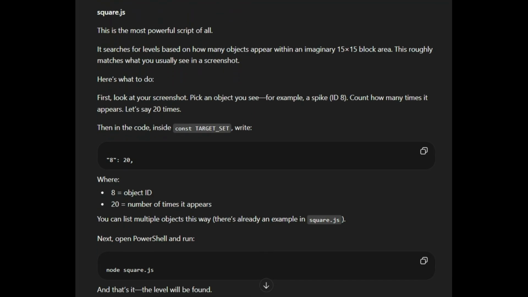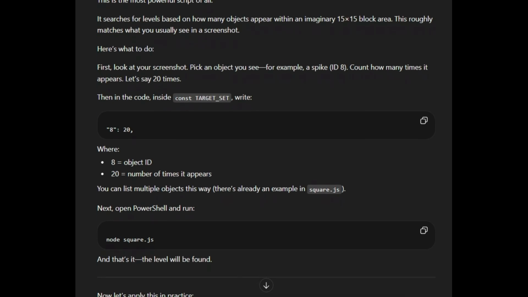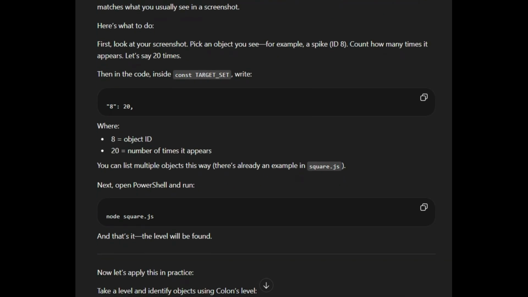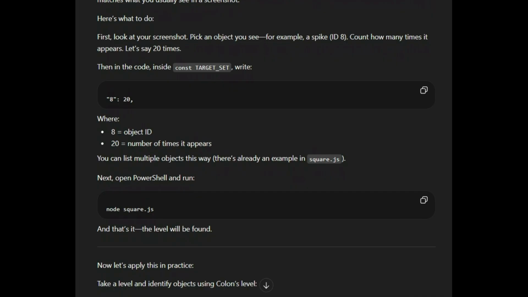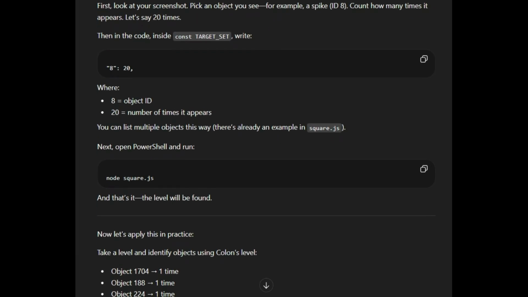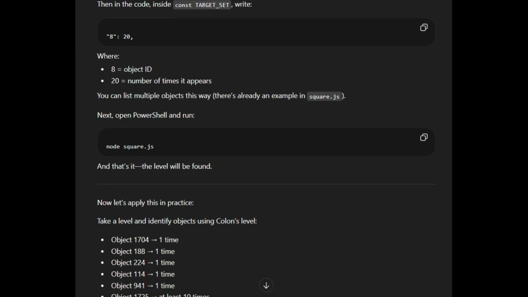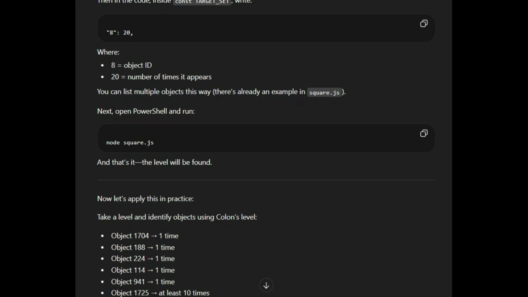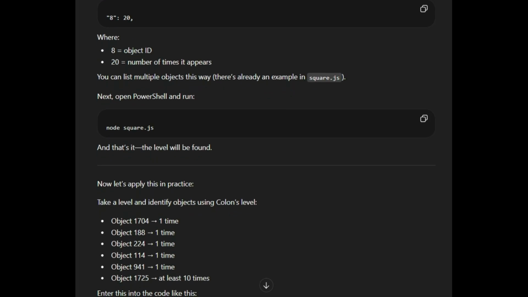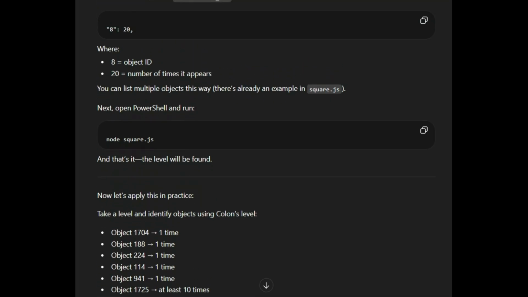Square.js. This is the most powerful script of all. It searches for levels based on how many objects appear within an imaginary 15x15 block area. This roughly matches what you usually see in a screenshot. Here's what to do. First, look at your screenshot. Pick an object you see, for example, a spike, ID 8. Count how many times it appears. Let's say 20 times. Then in the code, inside const target set, write the entry, where 8 equals object ID, 20 equals number of times it